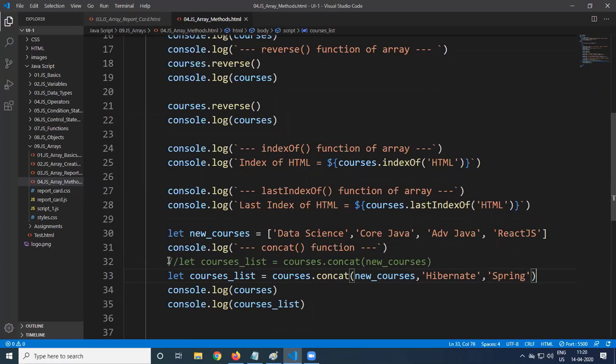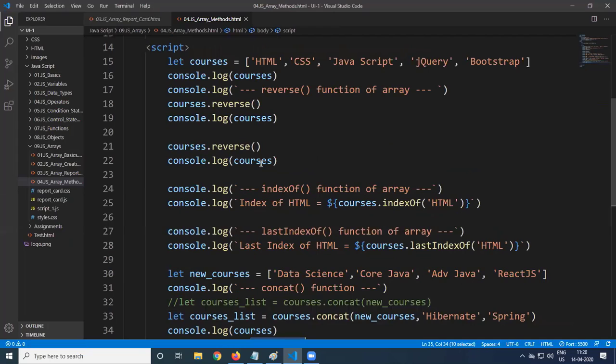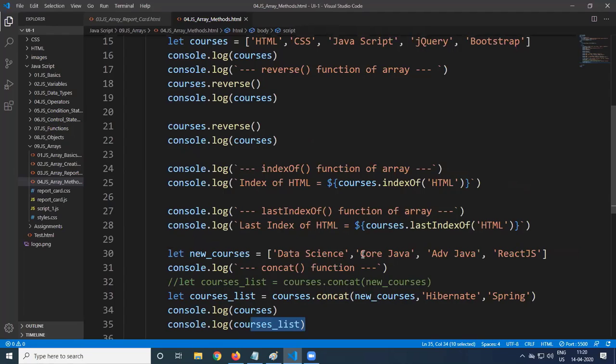Now what happens? Even a string value or any value can be given; the concat method does not take only arrays. Any values can be added. So now the courses_list will have HTML, CSS, JavaScript, jQuery, Bootstrap, data science, core Java, advanced Java, React JS, Hibernate, Spring.